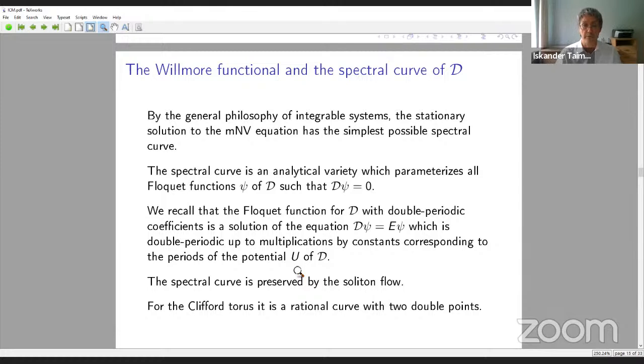These are the Floquet functions, or physicists call them Bloch functions, and they are very important in mathematical physics. The spectral curve is preserved by the soliton flow, so this is actually the first integral of the flow, the whole spectral curve. The Willmore function is encoded in this spectral curve, and for the Clifford torus, the spectral curve is a rational curve with two double points. So it's very simple. But to reduce the Willmore conjecture to these conjectures about spectral curves